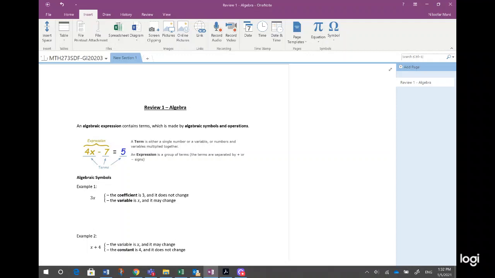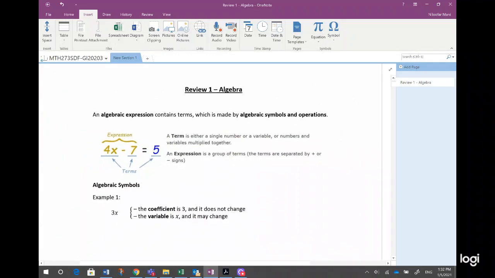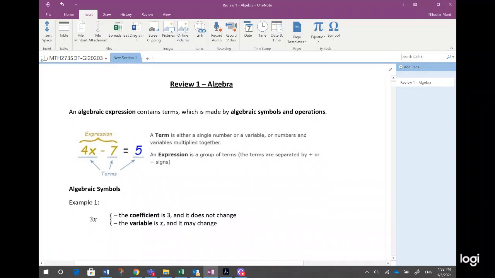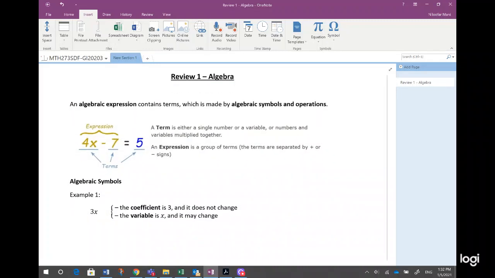And before I do the review on algebra, I want to emphasize that you really have to be good in algebra, and if you feel you have some gaps, you have to start to work on algebra earlier and improve yourself in the topic. So again, this is the review, which I am going to start now. Review 1, algebra. So, an algebraic expression